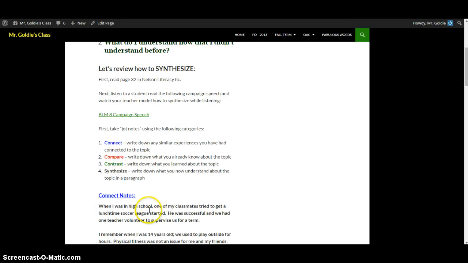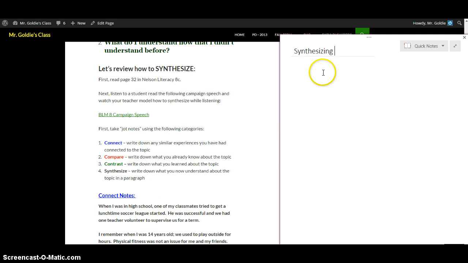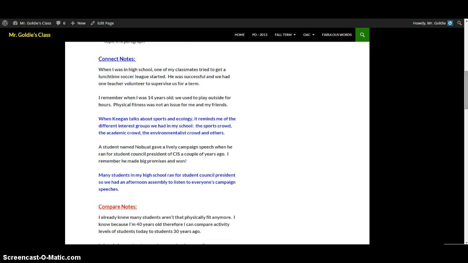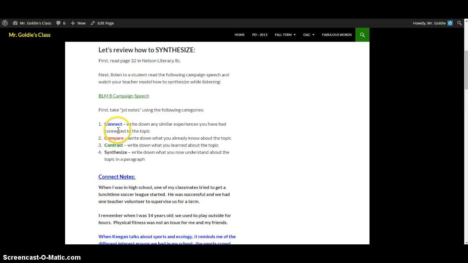So as you're listening to that, you'd be taking notes over here. And these notes might look something like this. These are all the things that I wrote down as I listened to that speech. First thing you're going to do is make connection notes. So you're going to make connections, right? You're going to write down any similar experiences you've had connected to that topic. For example,